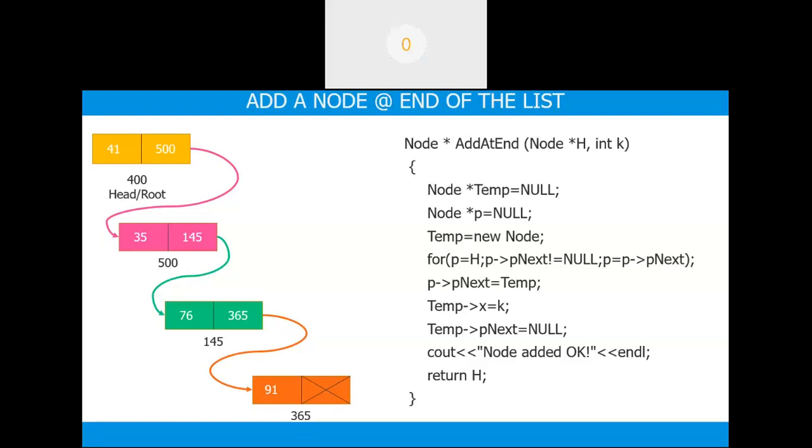And because you are adding the node with the value 35 in this diagram, and P arrow P next was null. Now because the user is willing to add this 35, P arrow P next, which is nothing but head arrow P next, which was null, needs to be changed to 500. So therefore it cannot be constant. What you said is correct.